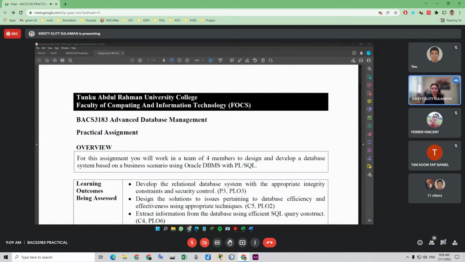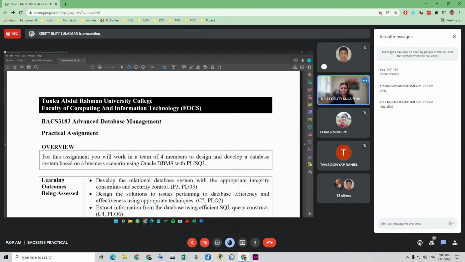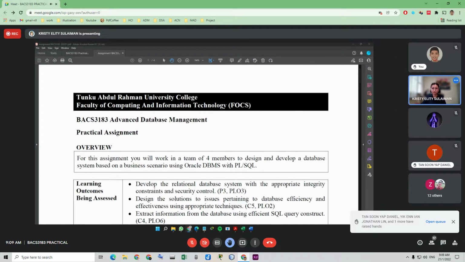Before we continue, may I know if everyone has already installed the software, Oracle Express Edition? Has everyone installed? You can use the raise hand button. Who else? How about Solomon already?